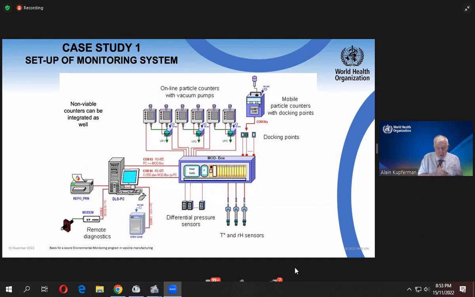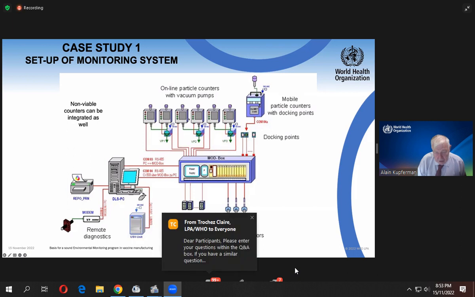Okay, so if we go to a case study, let me explain one system. I have a small facility. This is from a project I did a few years ago, and we have filling machines, and on each filling machine we have 2 points. We have 2 particle counters. So we have 3 filling machines. Each